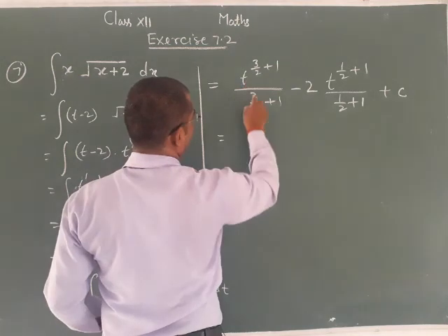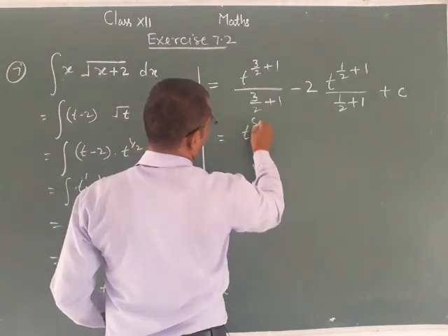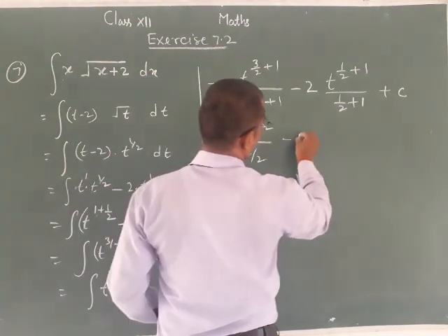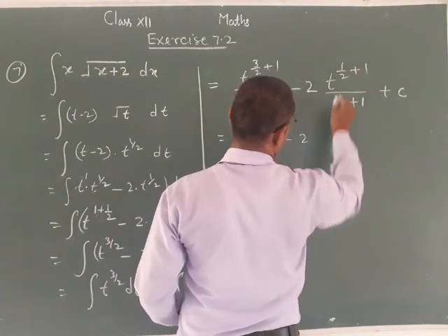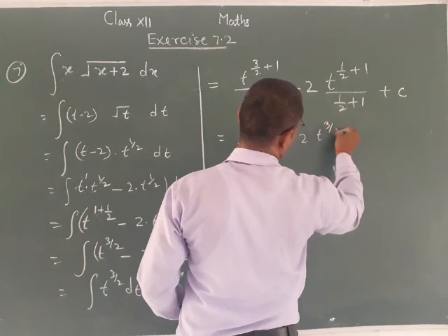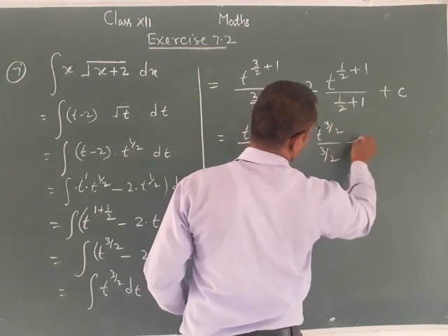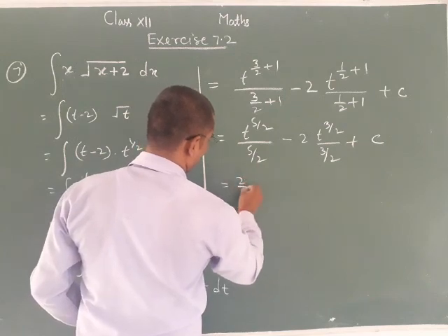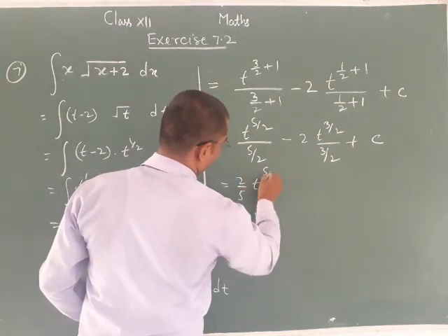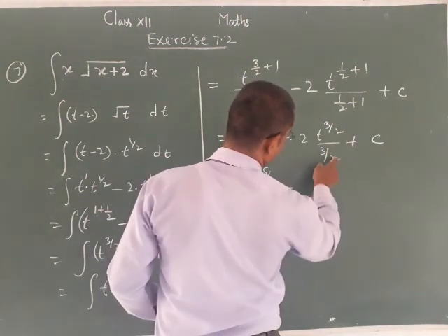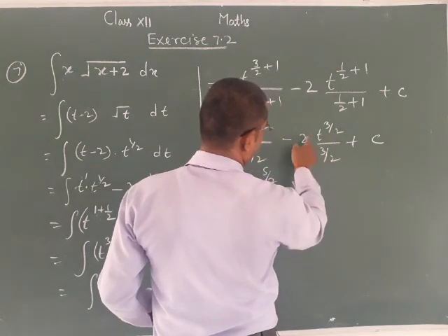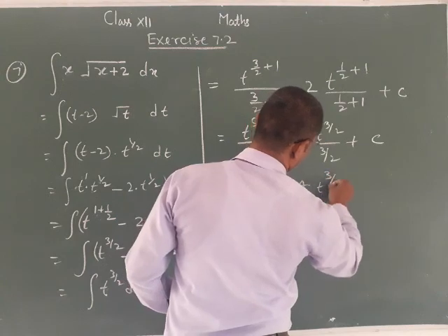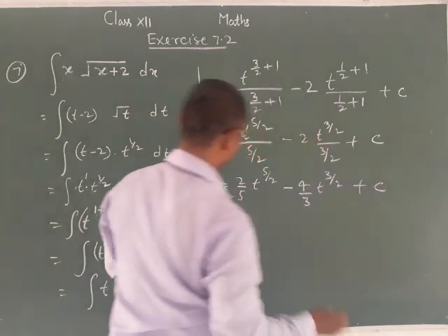So t to the power 5/2 upon 5/2 minus 2 times t to the power 3/2 upon 3/2, plus c. We can also write 2 upon 5 t to the power 5/2 minus 2 into 2, that is 4 upon 3, t to the power 3/2 plus c, and